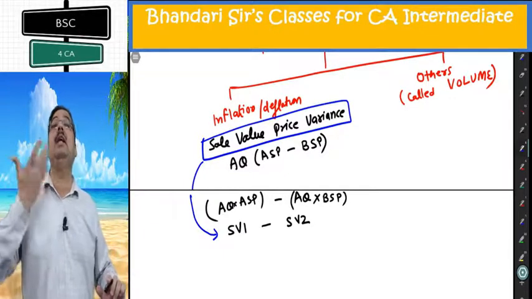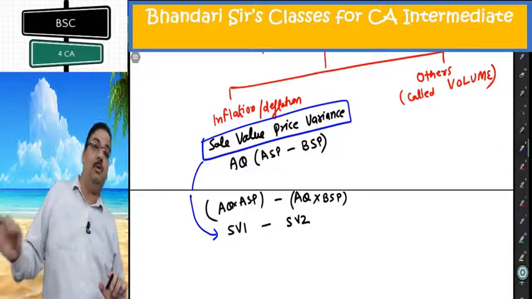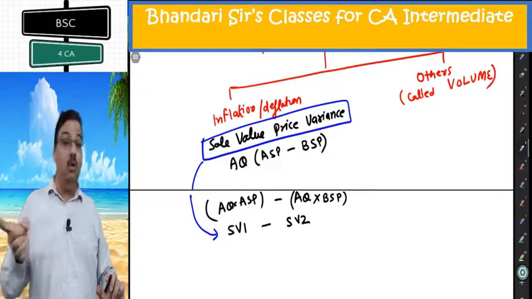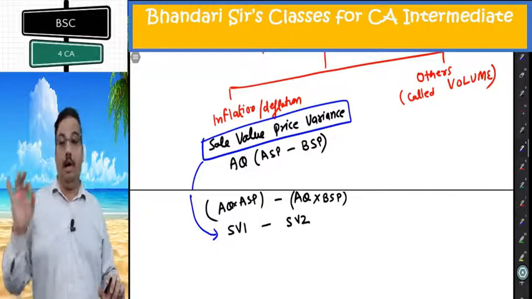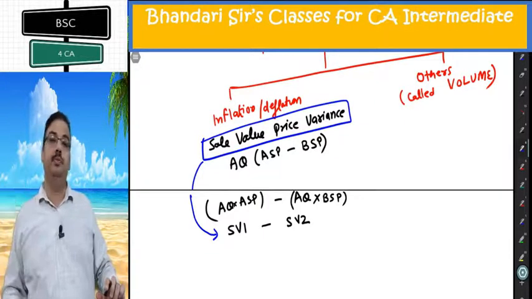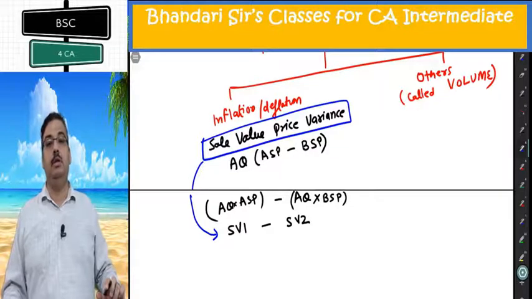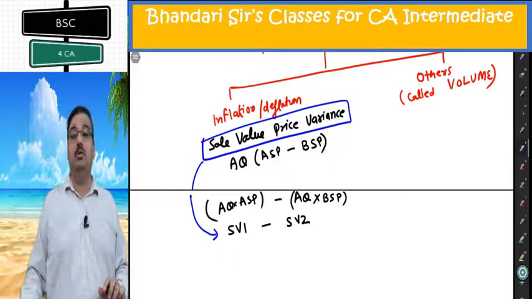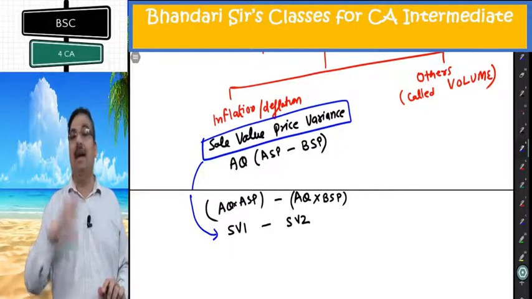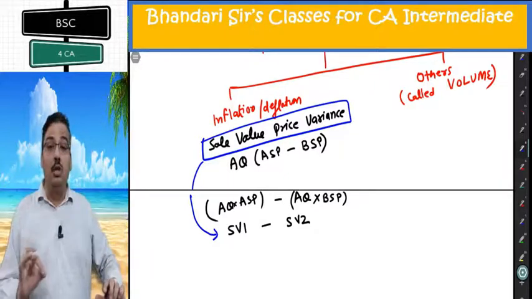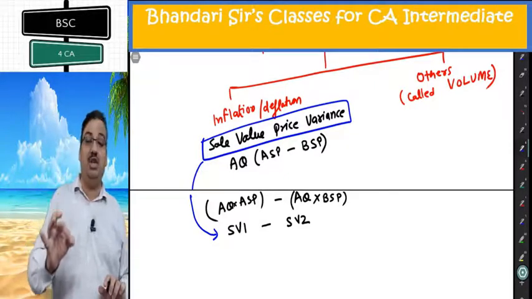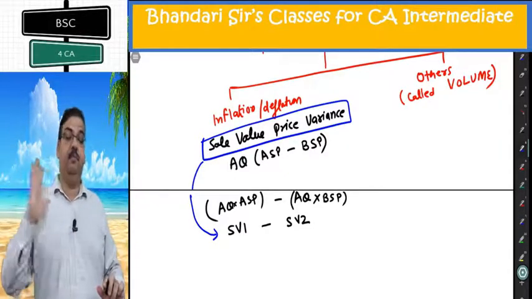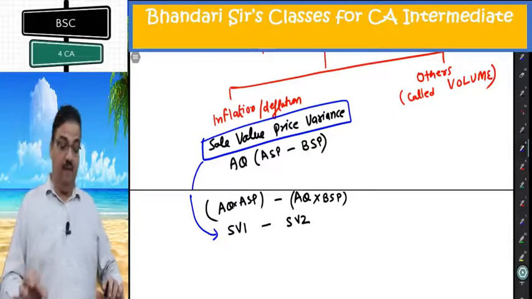If prices increased, instead of 10 rupees budget, 12 rupees it is being sold at. So it will give me advantage of 2 rupees per unit. On how many units? On actual units. On actual units, I got the advantage of rupees 2. That is positive variance. If plan was 10 rupees and we are able to actually sell at 9 rupees, there is a loss of 1 rupee. So it will come negative. That is price variance. How much impact did price change had on my sale value is told by sale value price variance. That is inflation or deflation effect.